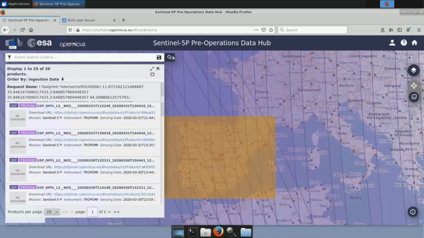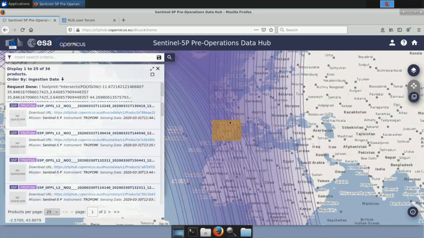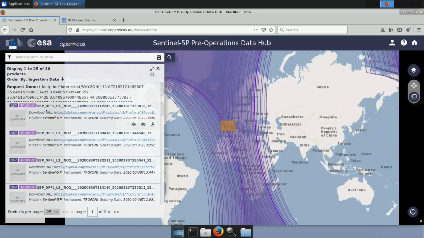Okay, so here I have my result. In total, 36 products were identified. And as you can see, when downloading level 2 products that are offline, and you can see they are offline here on their name, we are getting the full orbit. So if you see the product being highlighted on the map, you see we get the complete data set